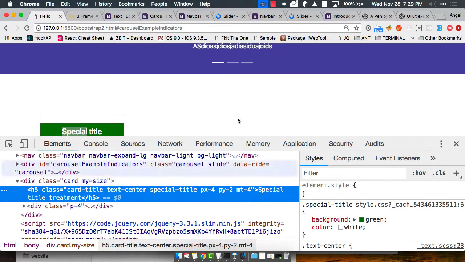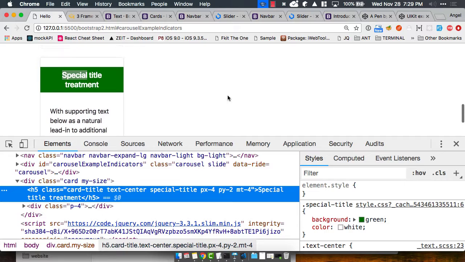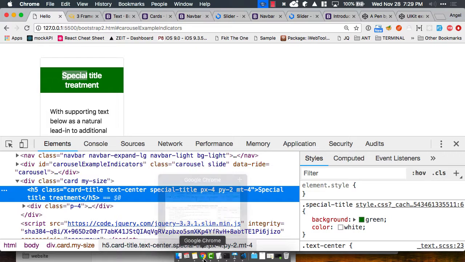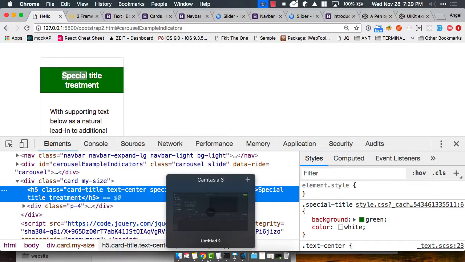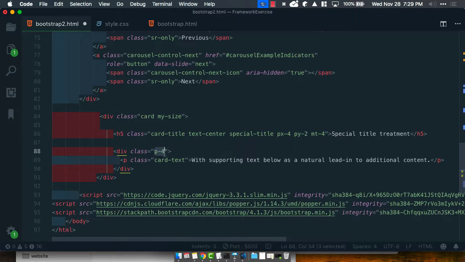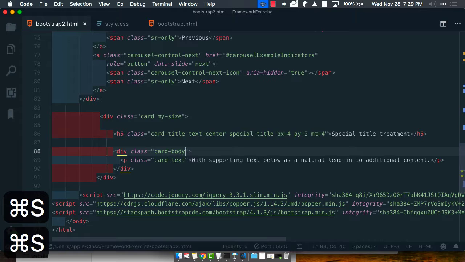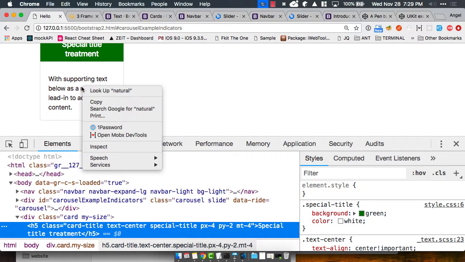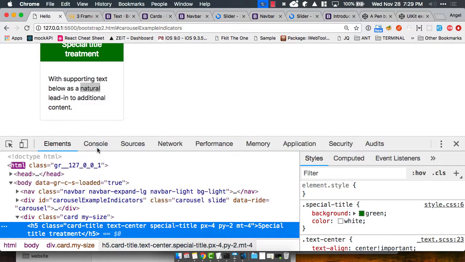And this is gonna help a lot because one, it will help us stop trying to guess what these things are doing, and we can actually see. So let's say I added back the card body instead of this p-4. I was guessing that it only has padding, but what if it does have some magical properties that we didn't know about? So I'm gonna right click, inspect,